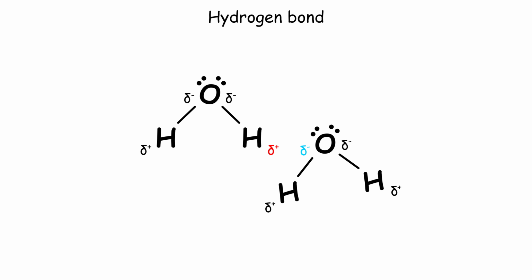Now that we understand how atoms are connected, let's look at the interactions that give biological molecules their structure and function. One of the most important interactions in biology is the hydrogen bond. A hydrogen bond forms when a hydrogen atom that is already covalently bonded to an electronegative atom becomes attracted to a nearby electronegative atom. Hydrogen bonds are much weaker than covalent bonds, but when many hydrogen bonds act together, they